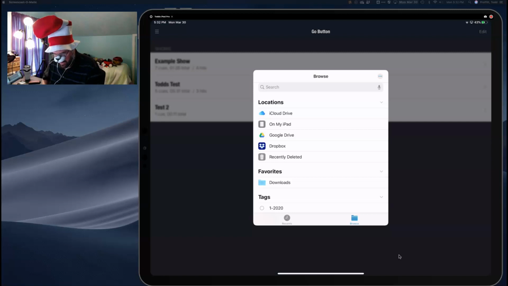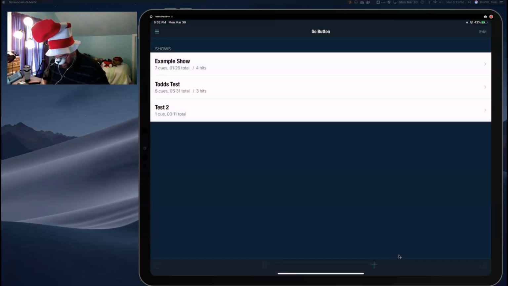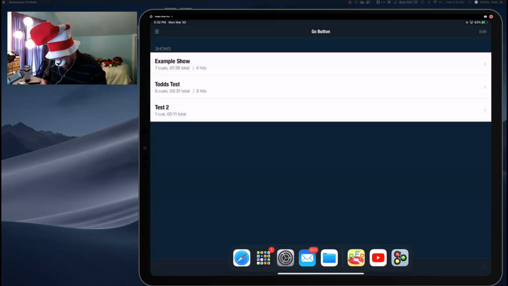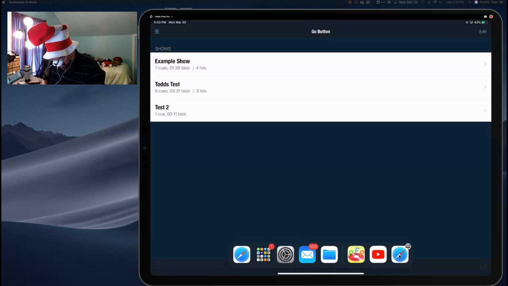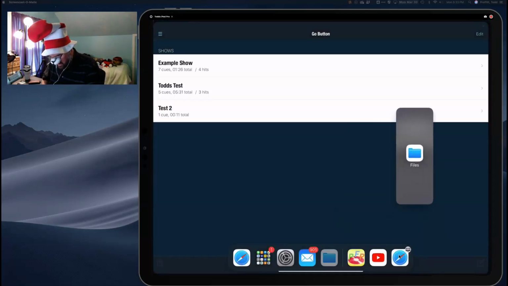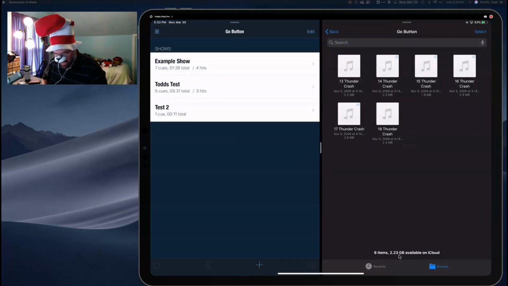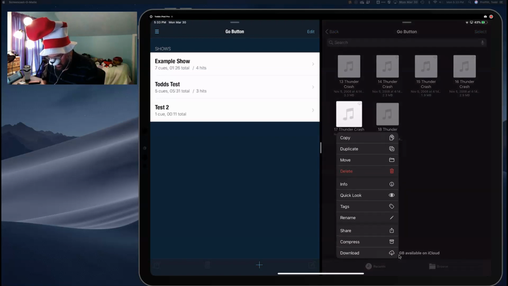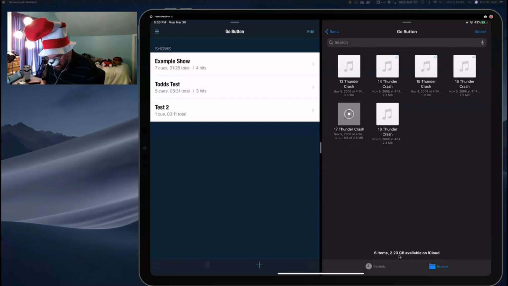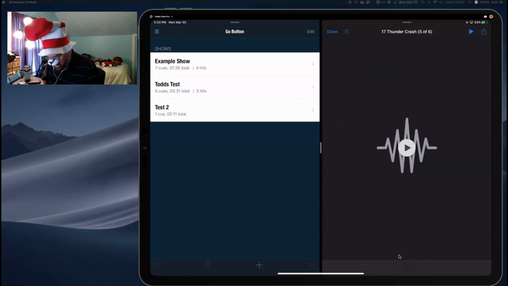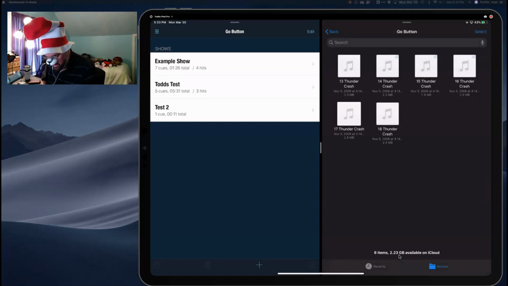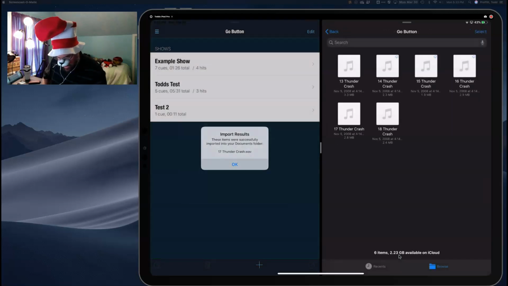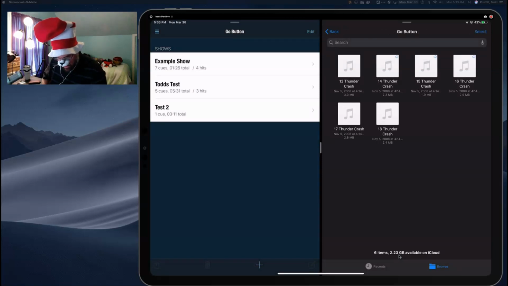Let me just hit cancel here so that goes away. You do that by, like I've got my Files app open here. I'm going to drag it over here to the side. But I can actually just drag in, let's take Thunder, I don't think 17's in there yet. Hold it down a little bit. Sorry, having a little trouble here. Done. And I can just drag it in, and it will now show up in my